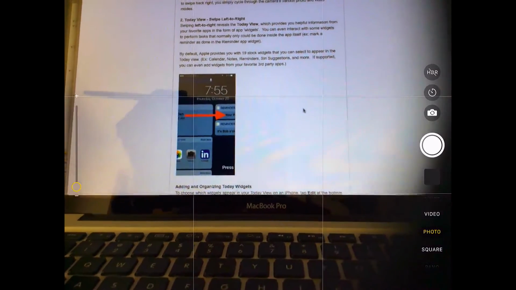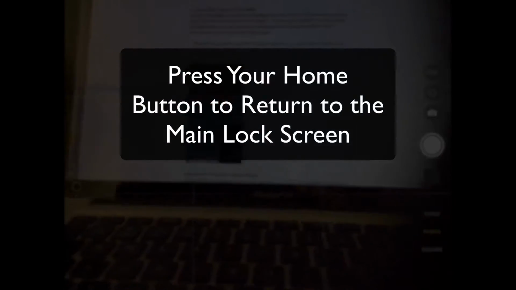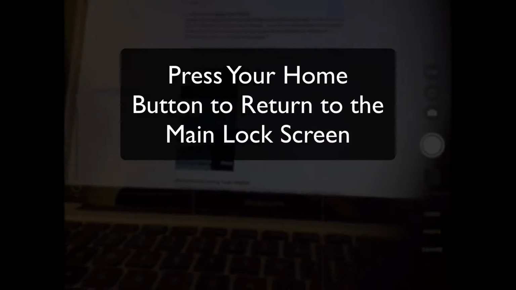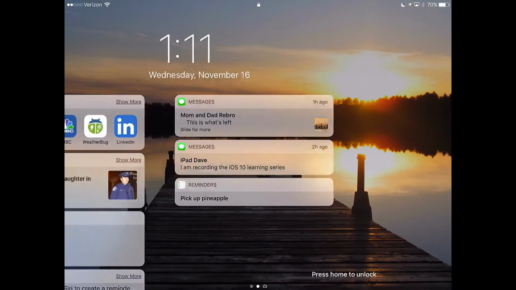Now, to get back to the main lock screen window, that center one, you can't swipe. You need to tap your home button. I'm going to do that right now. And now I'm back at that center lock screen. And from here, I can go ahead and either unlock it or get into one of the other features of the lock screen. If I swipe to the right,